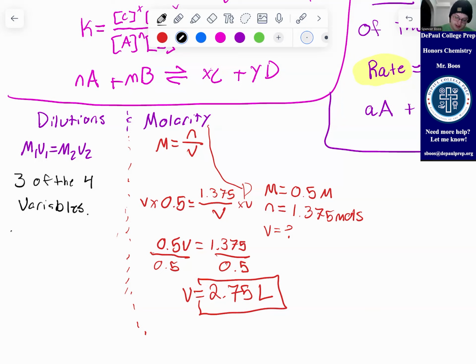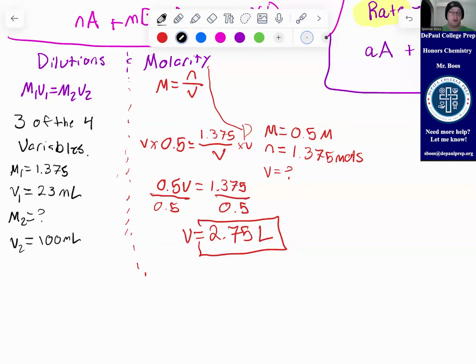So let's say M1, the starting molarity, is 1.375. We'll keep using that molarity. And the starting volume is 23 milliliters. Okay, volume can be in milliliters or it can be in liters as long as they are the same unit. Let's say my ending molarity is unknown, but my ending volume is 100 milliliters. Okay,